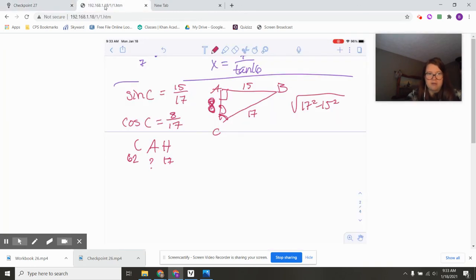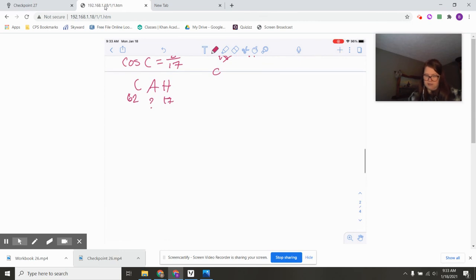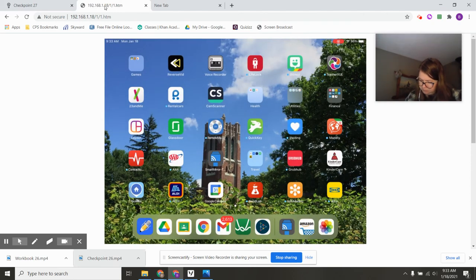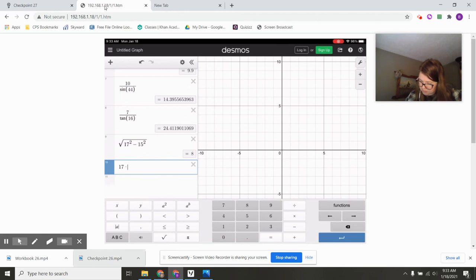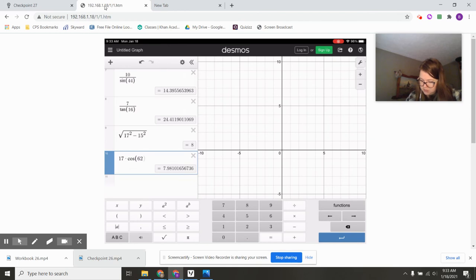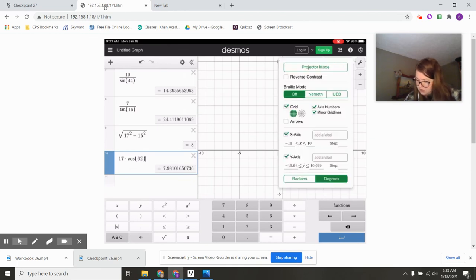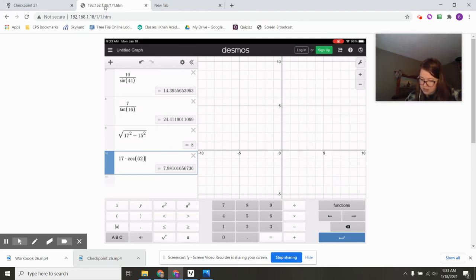So coming back to how I wrote this down: cosine of 62 degrees is equal to the adjacent side, which I don't know, divided by 17. So I'm going to multiply both sides by 17. So 17 multiplied by the cosine of 62. By the way, your calculator, if you're using decimals, always defaults to radians, so you could check a couple times that it's in degrees. You see that there? And it is. So we got